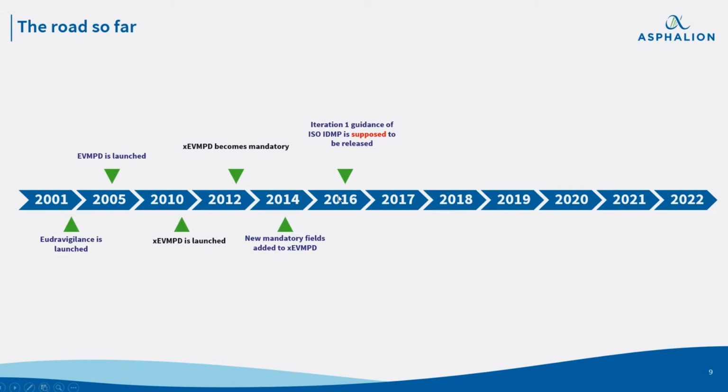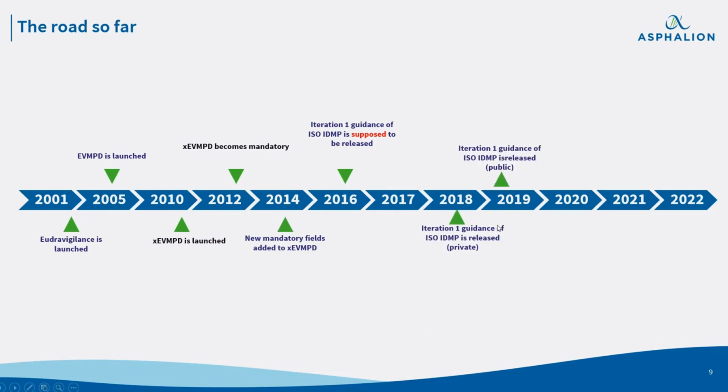Then finally, in 2016, the European implementation guidance on how ISO IDMP will be implemented in Europe should have been released. So this was the initial go-live that was expected. We are in 2021 and we are still having this conversation about ISO IDMP. So there have been for sure a series of delays. This is not only EMA's fault, because there are a lot of factors in here. For example, the ISO standards had to be finalized before. Then we had Brexit and the whole relocation of the agency.